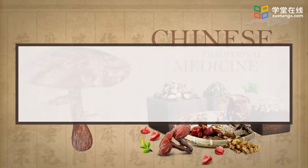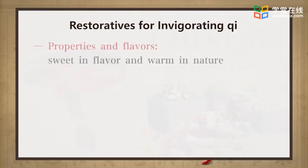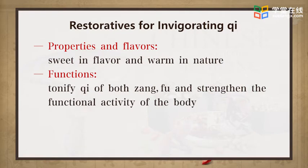Now, we are going to learn restoratives for invigorating qi. Restoratives for invigorating qi, which are mainly sweet in flavor and warm in nature, can tonify qi of both zang and fu organs and the general body to strengthen the functional activities of the body and are mainly used for symptoms due to qi deficiency,